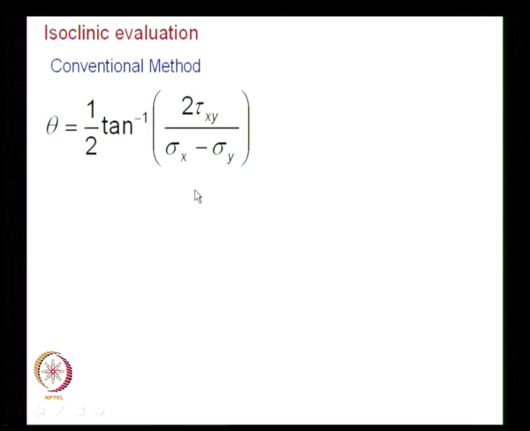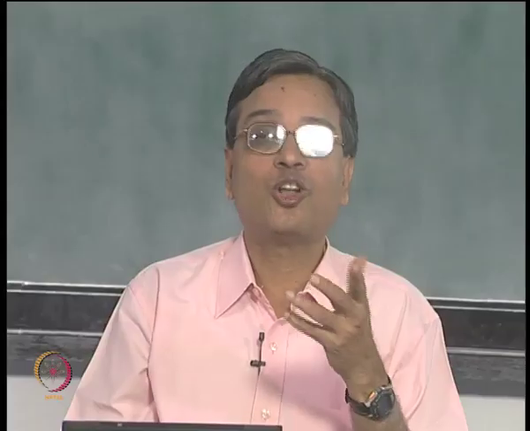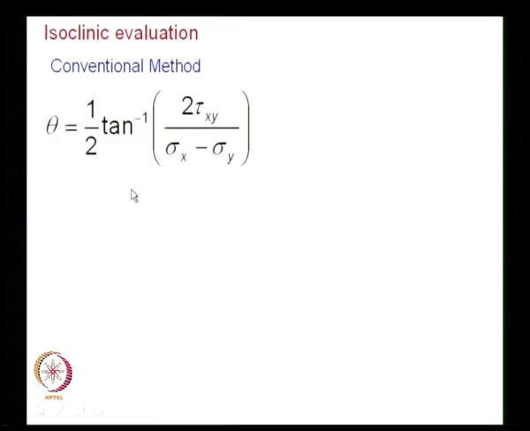So, when I do an experimental technique, you should also anticipate that if I have to find out the sigma 1 direction and sigma 2 direction, I need to use auxiliary methods to convincingly find out whether it is the direction for sigma 1 or sigma 2, and this was the problem in digital photoelasticity. So, the question is, how will you find out mathematically? So, you have to pose the problem differently. You can do it as an